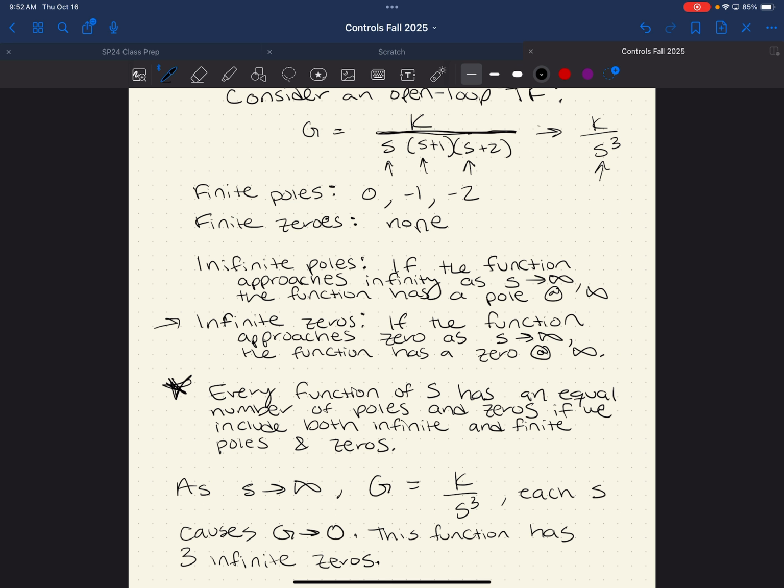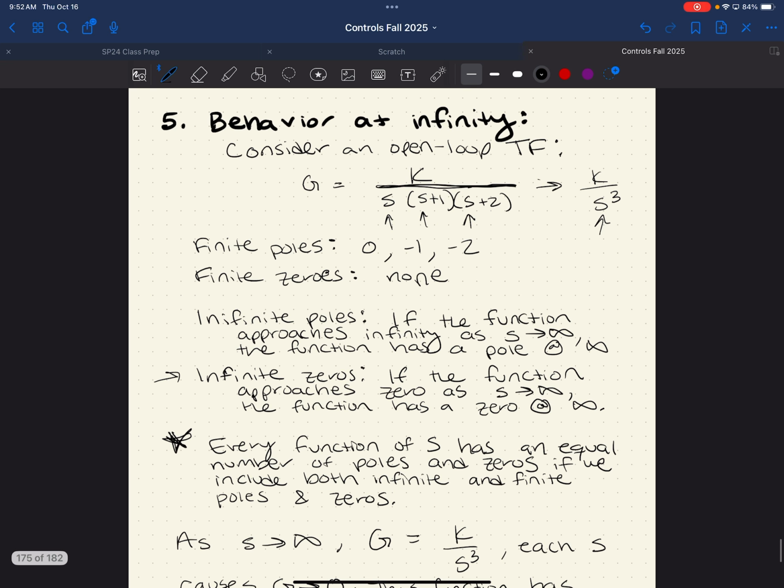Yes, you would have to plug in s goes to infinity to figure out about an infinite pole. In order to know that, it needs to be balanced by either a finite or an infinite zero. Okay, so we now know,